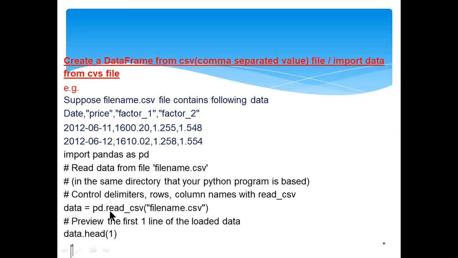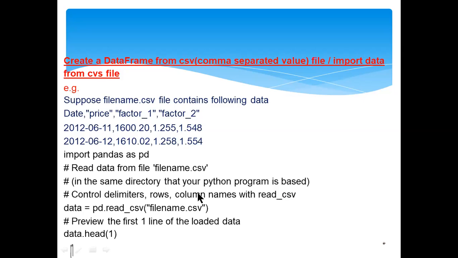So data equals pd.read_csv. This function you have to apply. First you have to import pandas as pd, and see the next lines; it is a three-line code here. Data equals, what is data? It is a variable; ABC, XYZ, any variable you can use, equal to pd. What is pd? I'm using the pandas package here, pd.read_csv. From pd I am using read_csv. This is a method, and here you have to write the Excel file name dot csv.